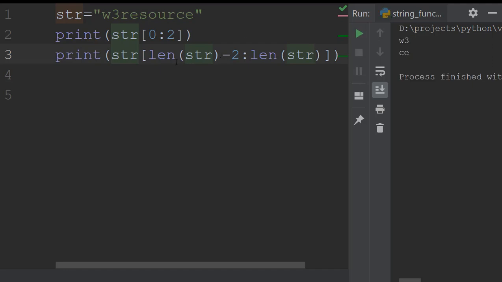Hope you got it, right? So what is actually going on behind the scenes is, for example, length will give the complete length, -2 will be this position, and the upper bound is again length of str, that is the last index +1. So that's why I'm getting this.